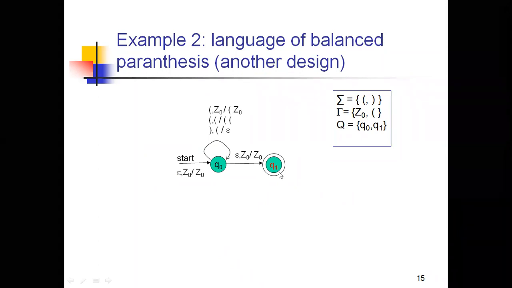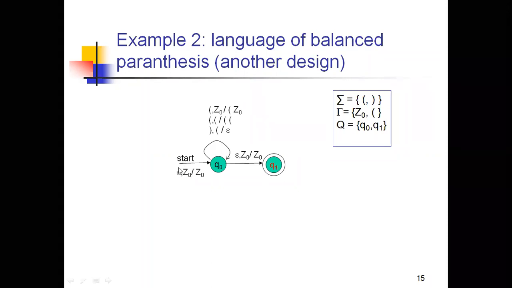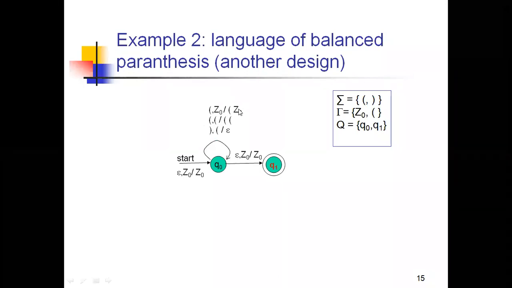In the previous example for the same language, I showed you how to represent a transition diagram with 3 states. Now I'm showing you the transition diagram for 2 states, q0 and q1, making q1 the final state, whereas q0 is the initial state. We start with an epsilon: q0 with epsilon comma Z0 goes to q0 Z0. That's why we put epsilon as an input alphabet like this, and the self loop of q0 consists of these inputs as well as the outputs.